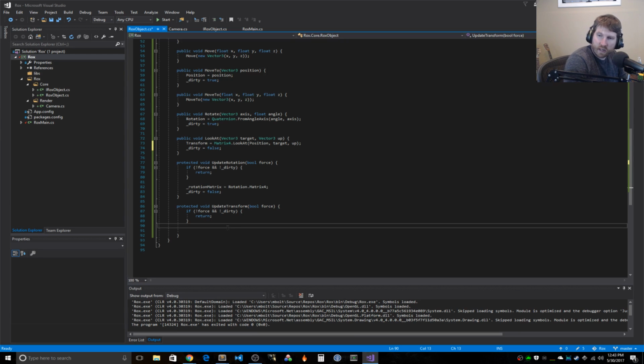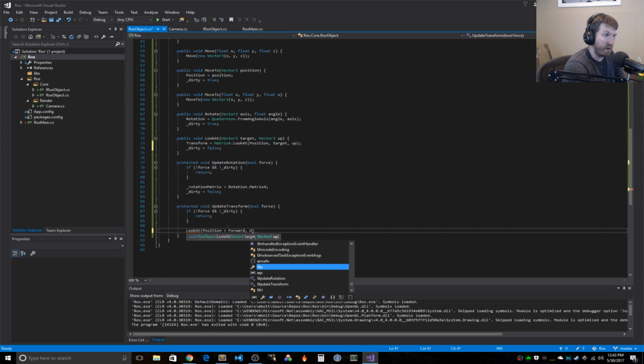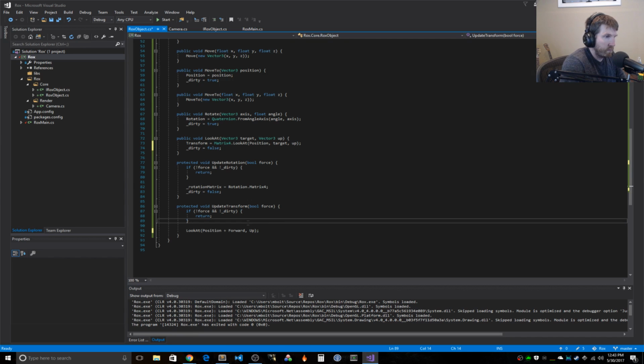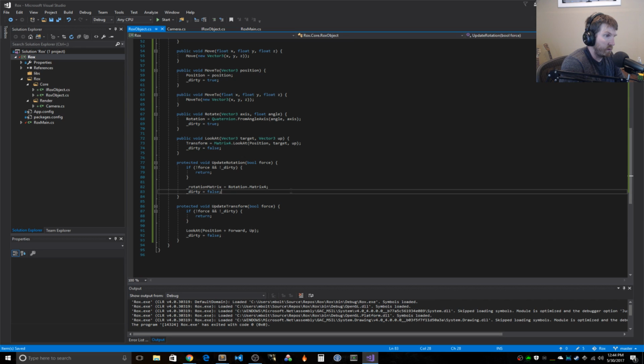So, this is what I have here. I have look at, and I have position plus forward, and then I have up, and then dirty equals false. So this updates rotation, this updates transform. Somehow I've managed to keep them separate, and I am either going to figure that out later when I go through here, or